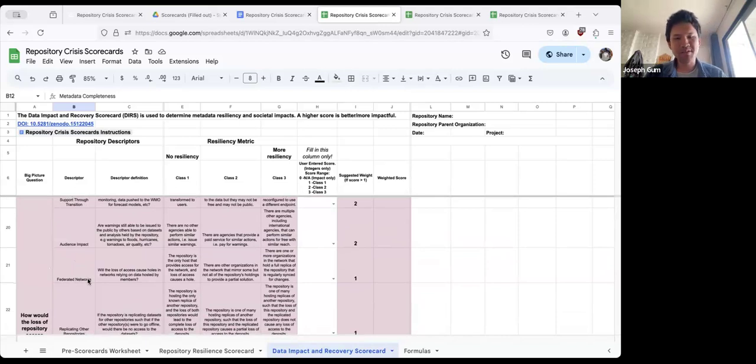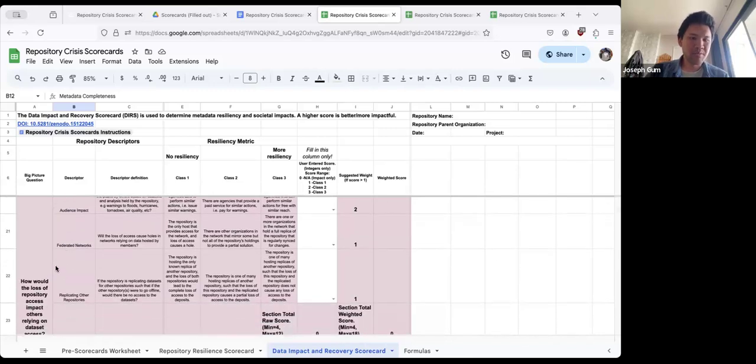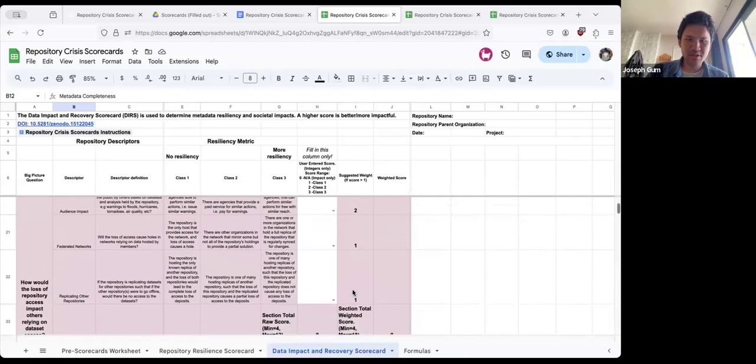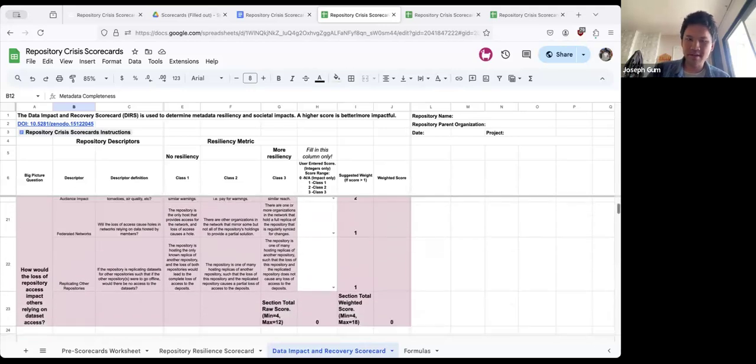Are there other repositories that are serving as a copy of the data that you're holding so that even if one node of a federated network goes down, the data is still generally available through the rest of the network? Is your repository able to host data for other people, other repositories? Is that a possibility? And so there's this section over here that allows you to get there.